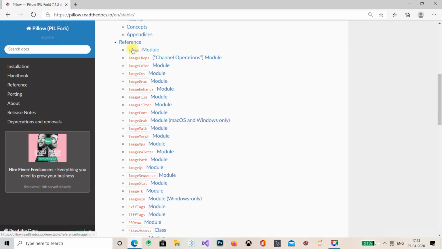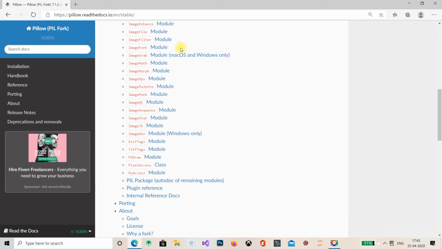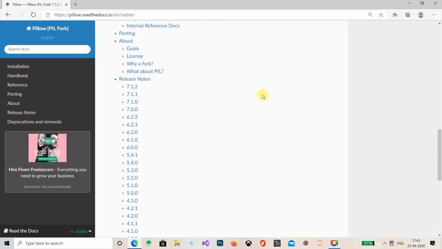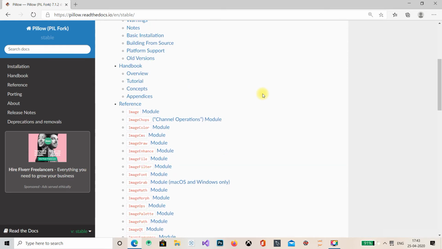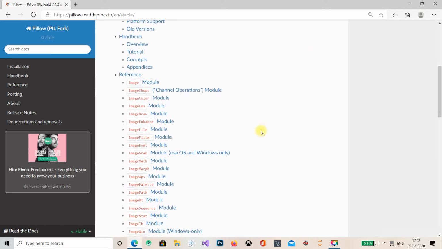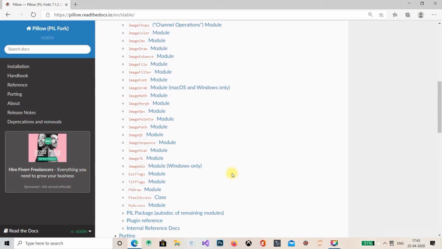See, the Image module, we'll use this, and we'll also use ImageFile, and we are going to use ImageFilter. Is there anything else from this? No, I don't think so, because there are so many modules and classes here, guys.